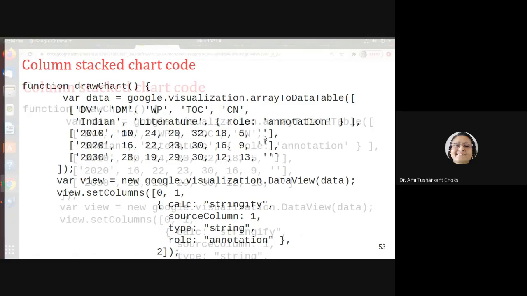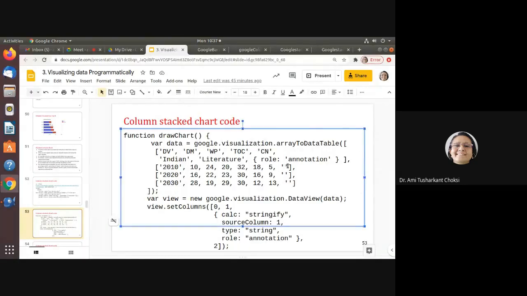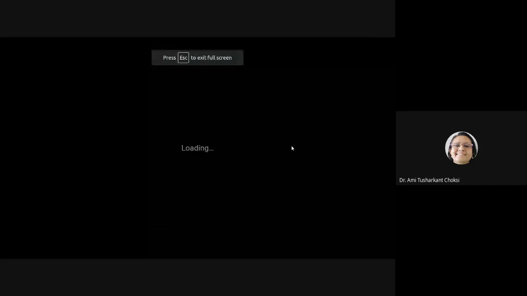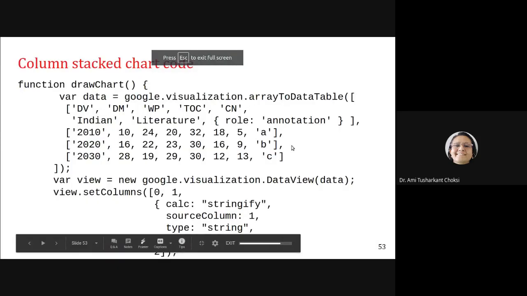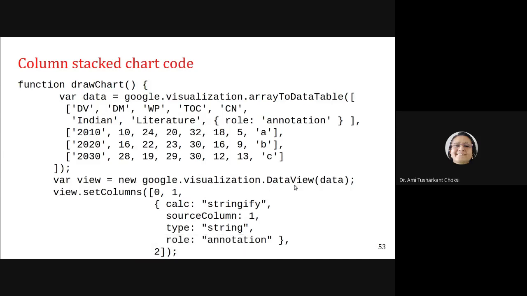You may say something, let's say A, B, C, D, A, B, C, right? We can specify that. The same thing we need to put in the code, so we will be able to see the output for that, right? Just now we haven't specified, so the output will not show us that thing. So if we want to show that, we need to specify it in the code. Then the view we are saying, that is using new google.visualization.DataView data, right?